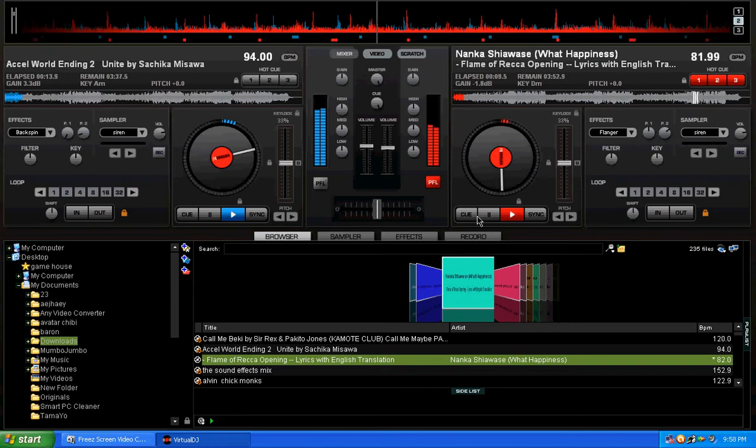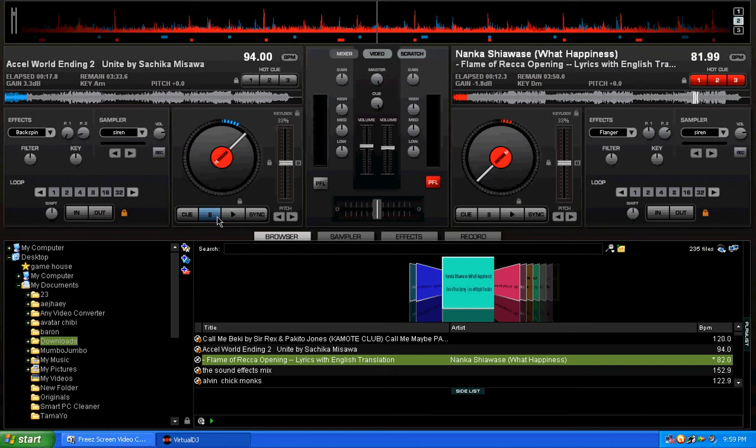Then the deck also has controls. First is the information about the track currently loaded. This provides the info about the currently loaded track, like its artist, title, elapsed time, pitch,